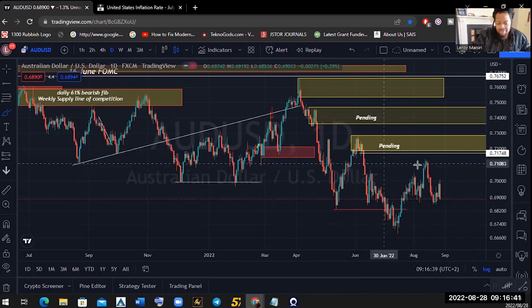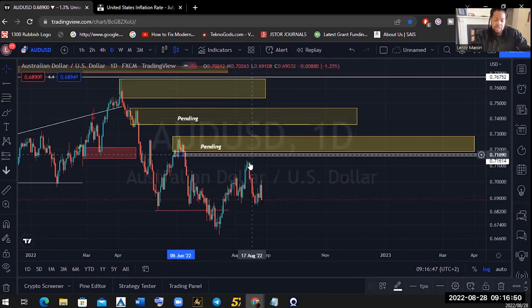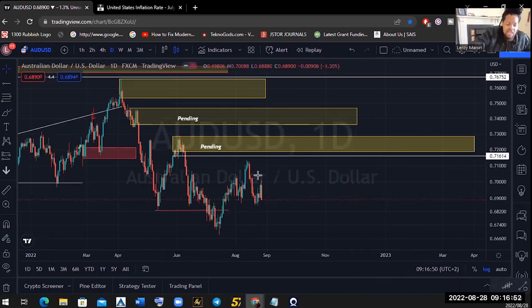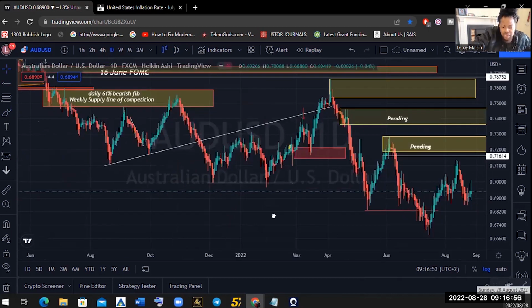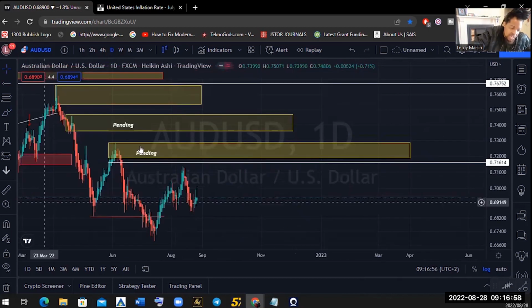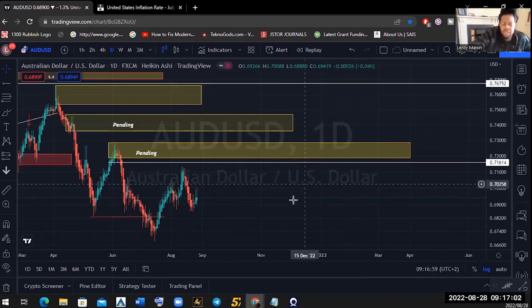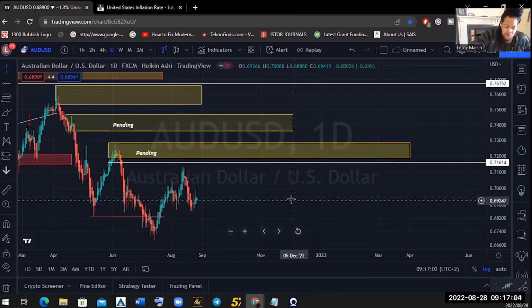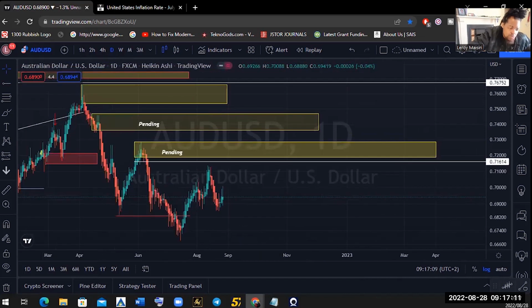AUD USD, you know, life is tough, man. I personally was not triggered. I don't know if anyone was. Markets literally turned just outside our areas of value. The trick to this stuff is to always double check your Kinko Hyo. I saw a doji area, so I thought that would be a good place to put my proximal line, my entry point line. But no, markets turned just before. This is normal. If you're patient enough, you might actually be in an inducement zone. So don't